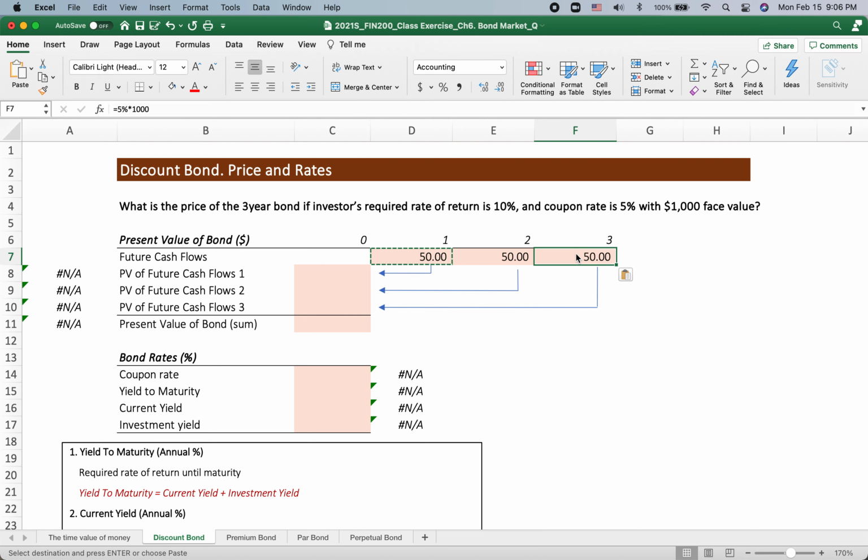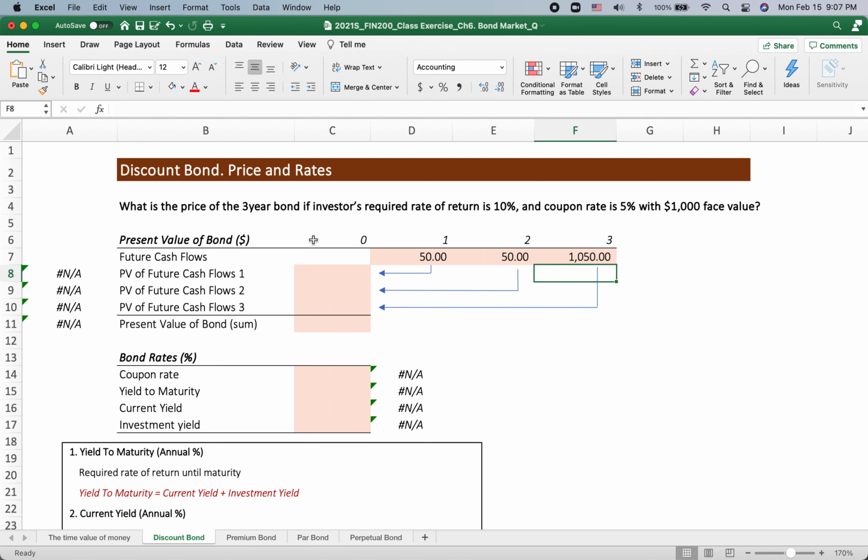By the coupon payment. Then at the end of the year 3, not just the $50 coupon, but also the $1,000 face value should be returned. This $50, and $1,050 at the end of year 3, should be discounted by the market rate